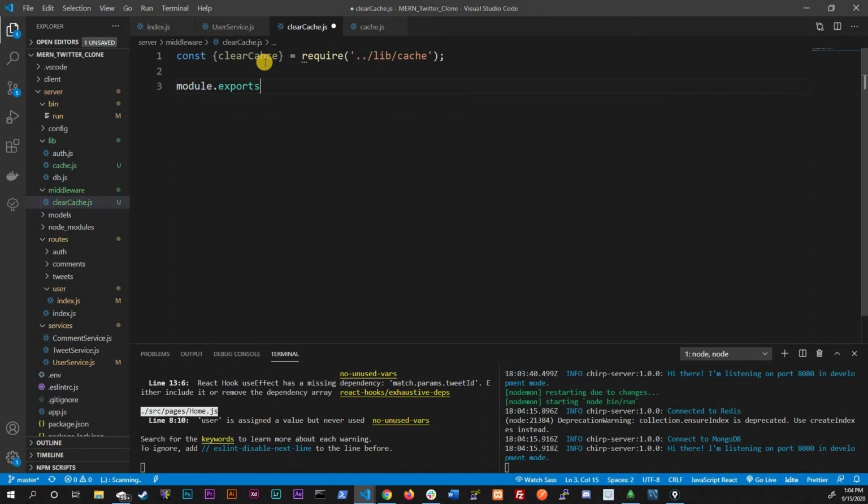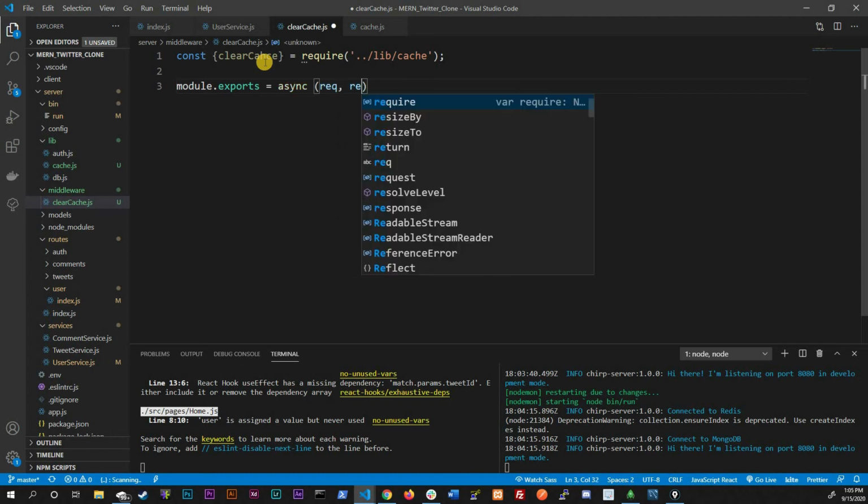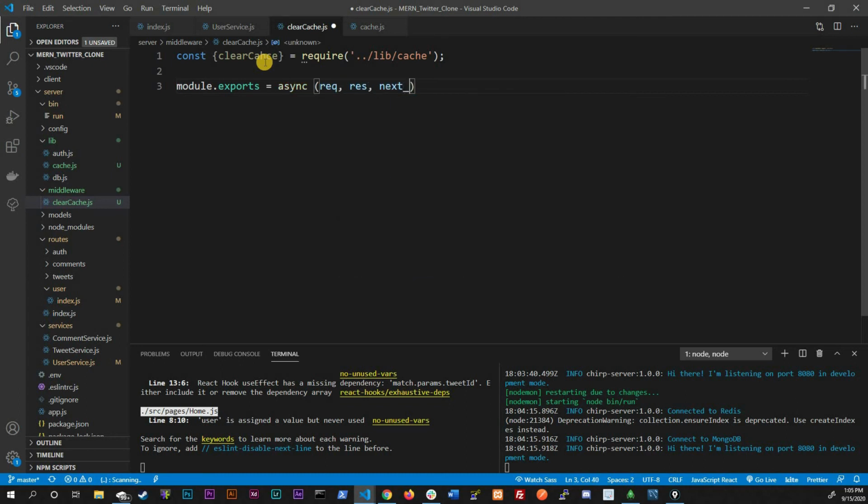We need to have, it's going to equal async, we need to have the req, res, next. And right there and then. Now again, this part is going to be somewhat tricky. And the reason why is because we want to actually clear cache after they create a new tweet. Okay? We want to do that afterwards. If we do that before and the tweet goes bad, something went wrong with the tweet, well, we clear their cache and we don't have a new tweet. So we want to do it after they actually successfully